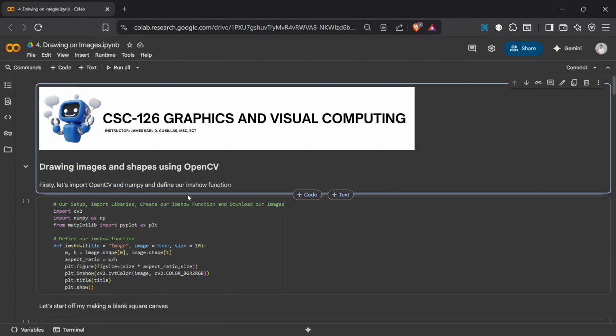Hello everyone and welcome to another exciting lab session in CSE 126 Graphics and Visual Computing. Today we will learn how to draw on images using OpenCV. This is a powerful feature for annotation, visualization,